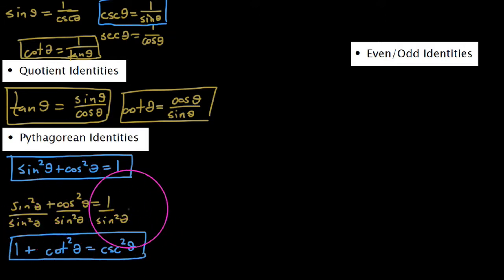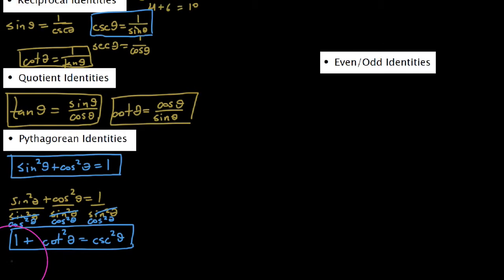Okay. And in order to build the third one, what we would have done is we would have gone back through here, and instead of dividing everything through by sine squared, we could divide everything through by a cosine squared. And you can see how we can manipulate this into its third Pythagorean form. But essentially sine squared over cosine squared, well, sine over cosine is tangent. So this would come out to be a tangent squared of theta